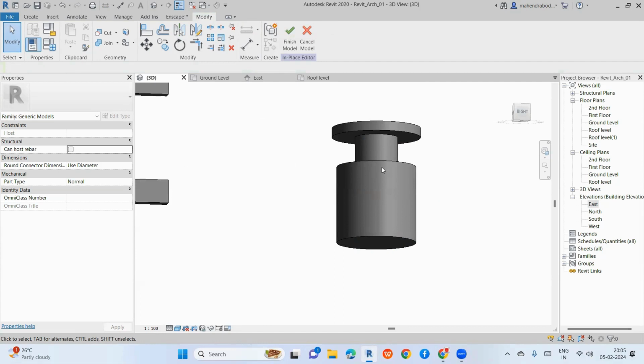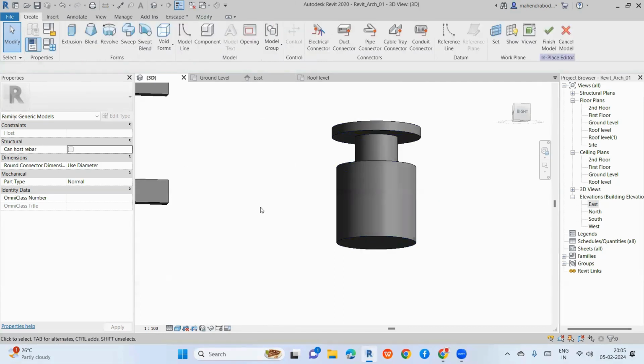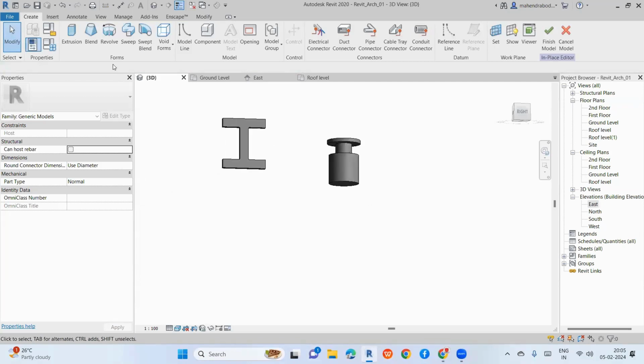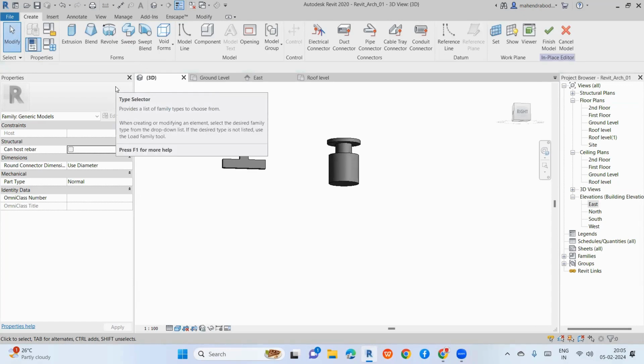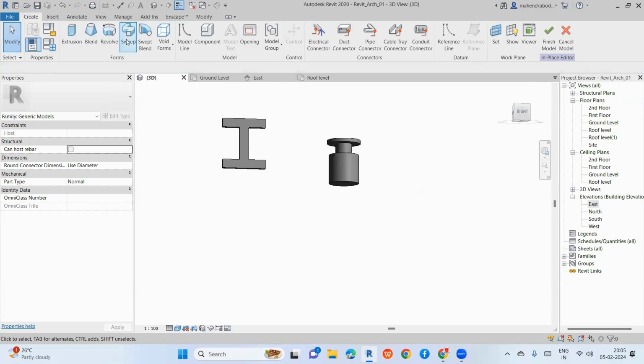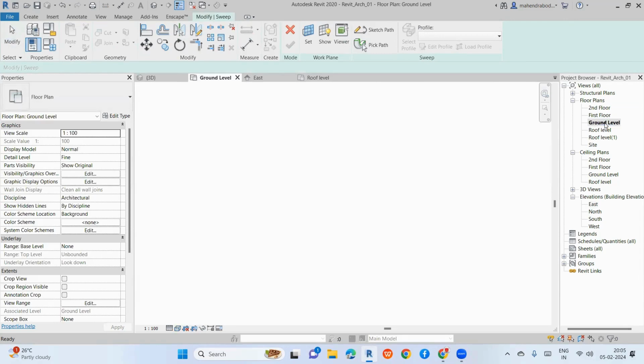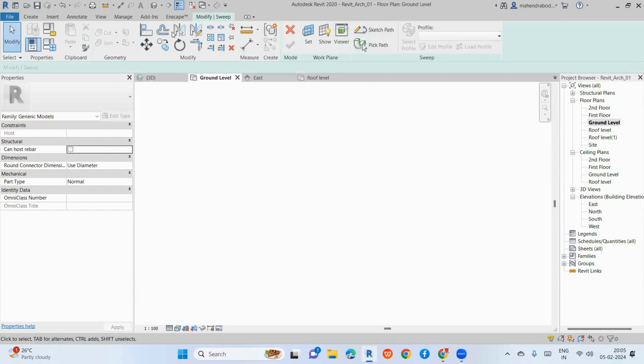Okay. So in this revolve, any doubts? Yeah. Let's move to another one. This is sweep. Okay. See, for example, where sweep will be used: if you have any one line, your profile should be like, I'll explain. I'll go to my ground level. Okay. In this sweep,